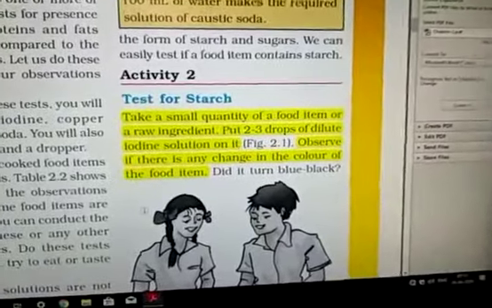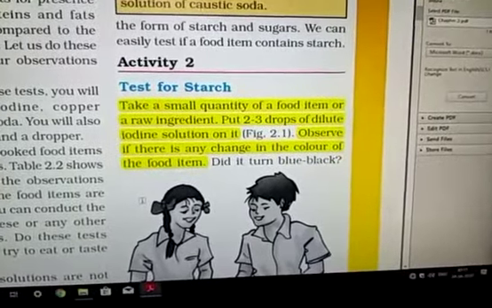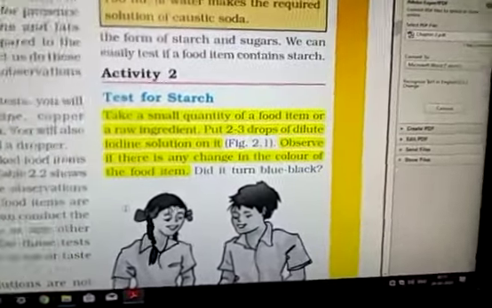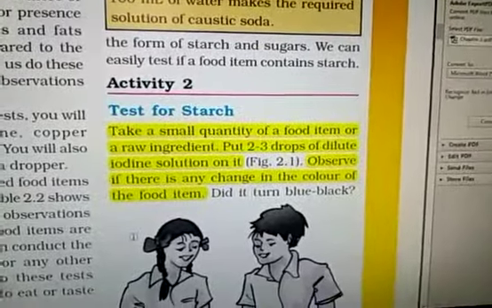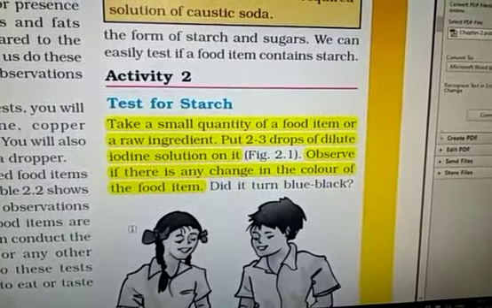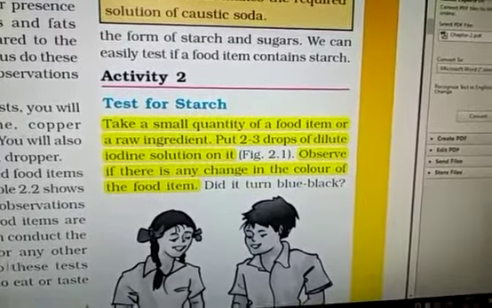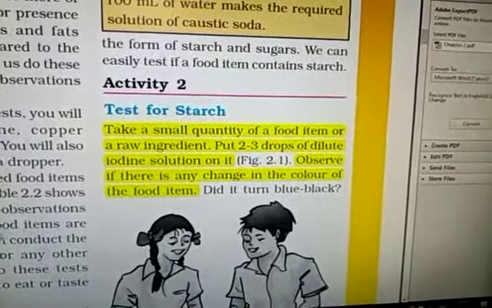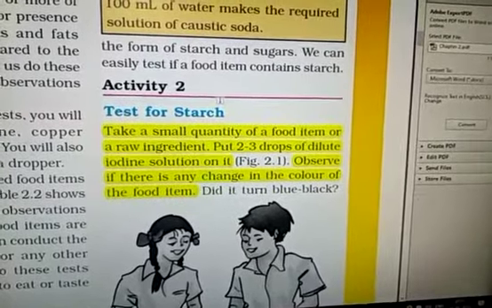Good morning, student. Now we are going to do the test for the starch. For the starch test, you will take a clean test tube. Put your crust or paste of the material like potato, rice, cooked rice, etc. and add a few drops of iodine solution with the help of a dropper. Is it clear?